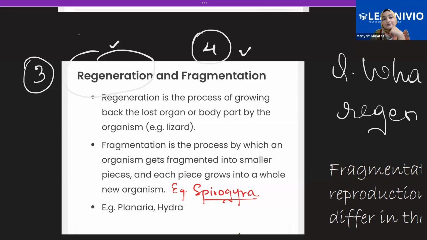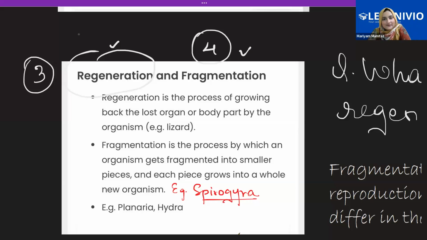Anyone? Ma'am, like the lizard's tail become a lizard? No, lizard's tail won't become a lizard. It will stay attached to the lizard. But there are other organisms that reproduce by regeneration. So for them, like planaria, if you cut planaria into 5 pieces, each of those 5 pieces are going to develop into new planaria. Whereas in the case of Spirogyra, which reproduces by fragmentation, upon maturation, it gets fragmented and then it becomes the whole new organism. So how are these two things different? And why, if they are the same, are they discussed separately?